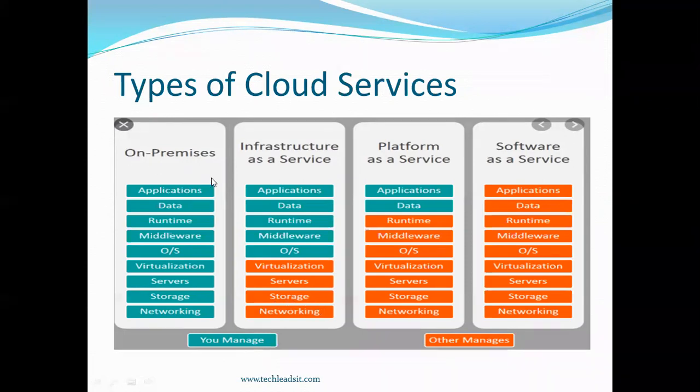If you see on-premise, here everything should be managed by the organization: application, servers, storage, networking, data, runtime. One example is our Autovell application. In Autovell applications, the organization is maintaining all these components. Oracle is just providing support for the application that Oracle provided. The rest of the infrastructure is maintained by the organization itself in on-premise.